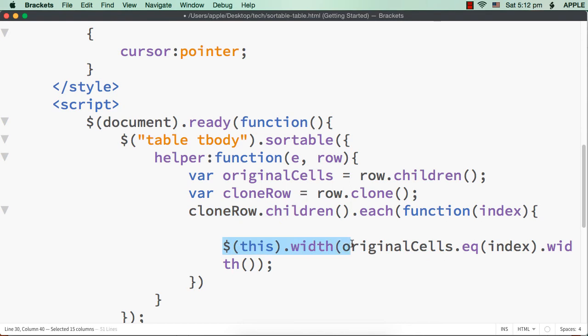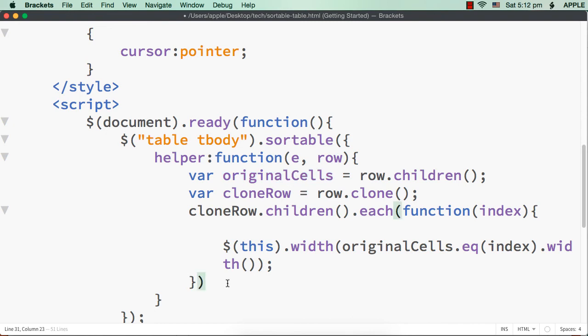So $this dot width means the clone row's child elements' width is set like original cells, means the actual element being dragged. Dot EQ of index means there are 3 elements. So we need to get the width of each element. Dot width. This is a method which will return the width.